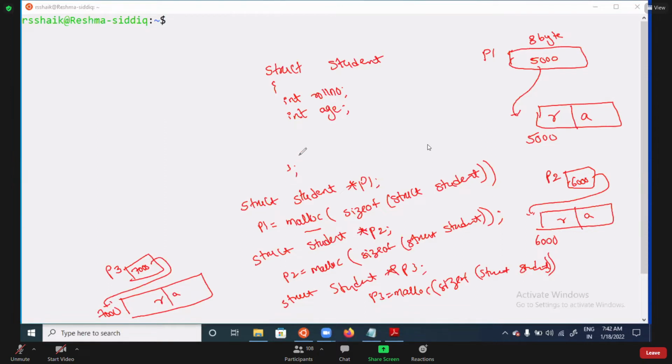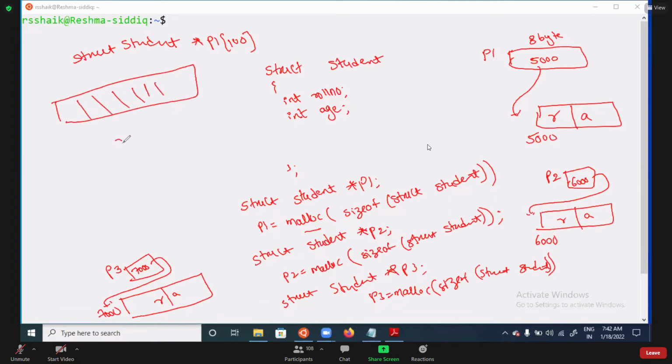But if you are going for an array of pointers, we don't know how many students will be available. If we are taking struct student star p1 of 100, then what will happen? 800 bytes of memory will be created. How many bytes? 800 bytes.